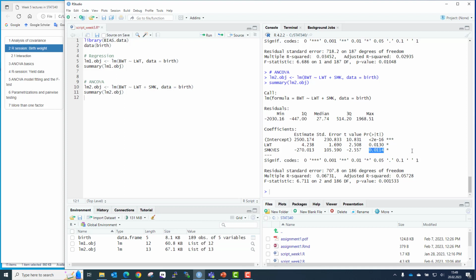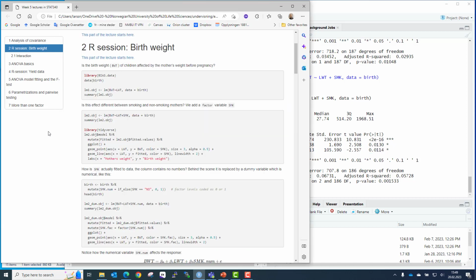Yeah, a small p-value here as well. So I would say it looks like there is a significant effect of smoking. The babies get smaller when the mother is smoking. That's the first conclusion I would draw from this analysis here. Let's make a plot,